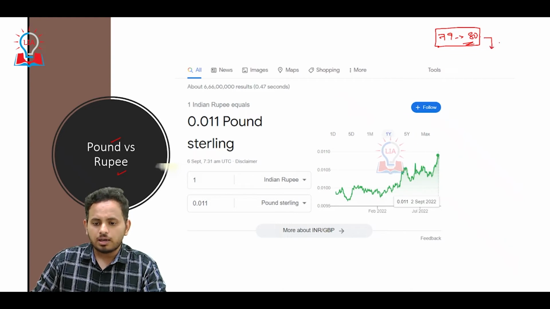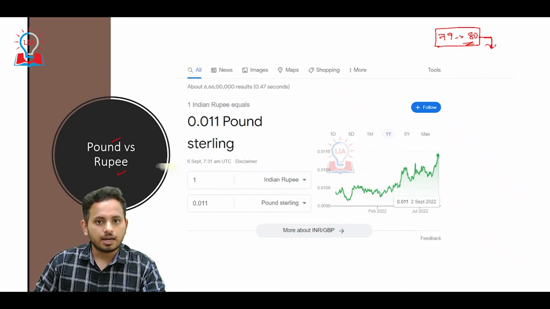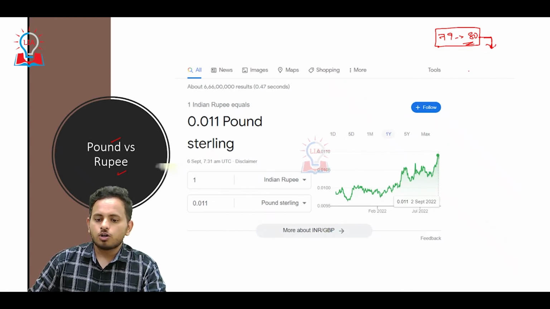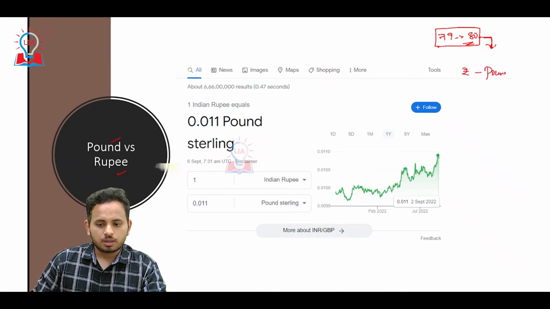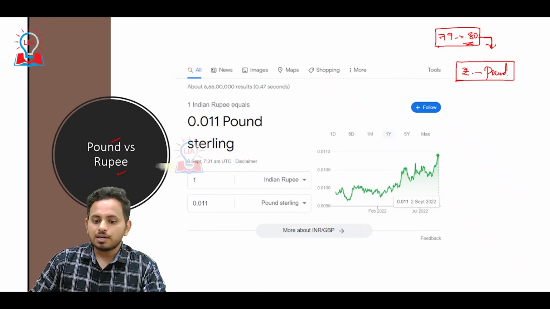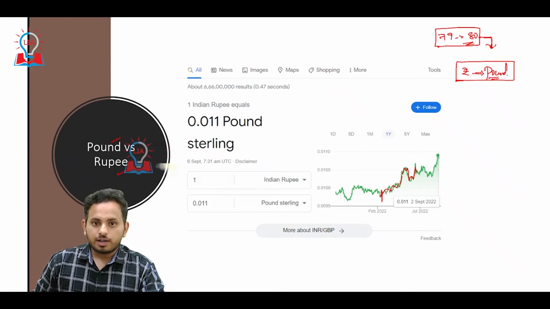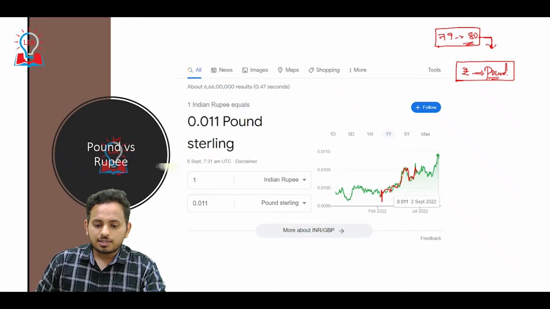So we have been worrying about our current account deficit, about our fiscal deficit, about our macroeconomic indicators. At the same time, we have forgotten to analyze the appreciation that the Indian rupee is experiencing against the UK's pound. As rupee is depreciating against the dollar, at the same time, rupee is strengthening against pound. You can see in this chart, from February 2022, if we consider, rupee is continuously appreciating against the pound. So this appreciation or strengthening of the Indian rupee against the pound is the second important reason for Indian economy